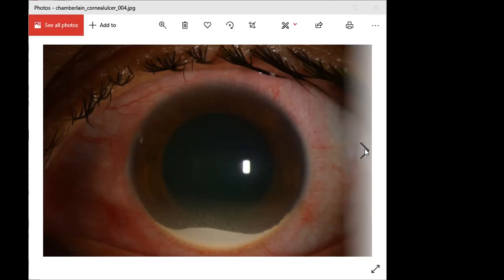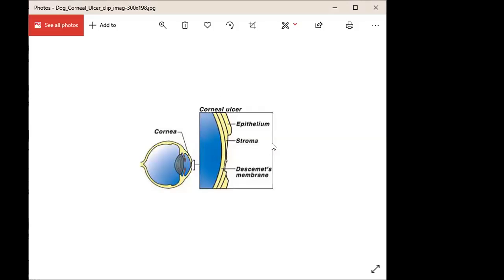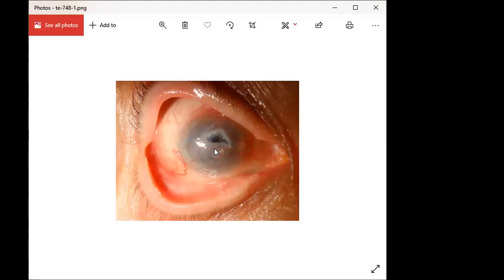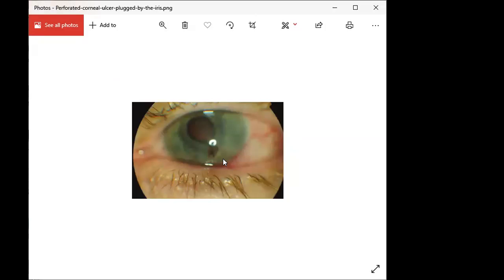The next thing we learn today is the corneal ulcer, and if you see here in this schematic example, the epithelium is damaged, the stroma is damaged, but the Descemet's membrane is not damaged, right? This is the importance: if the Descemet membrane is not damaged, it will not cause much harm. But if the Descemet membrane is also thin, it leads to what is called a descemetocele. What is a descemetocele? It is nothing but the protrusion of the Descemet membrane, right? So this is an example of a descemetocele.